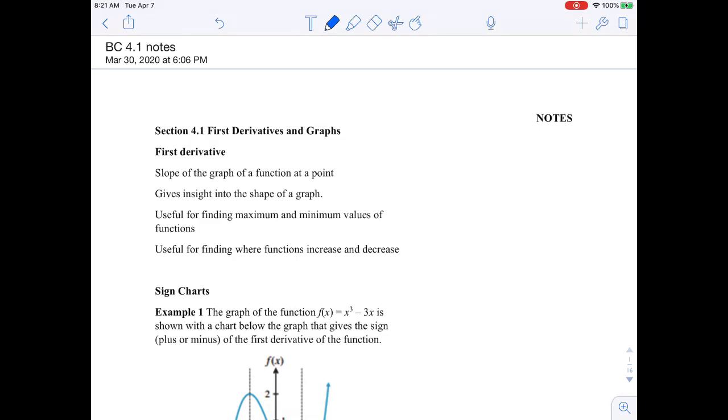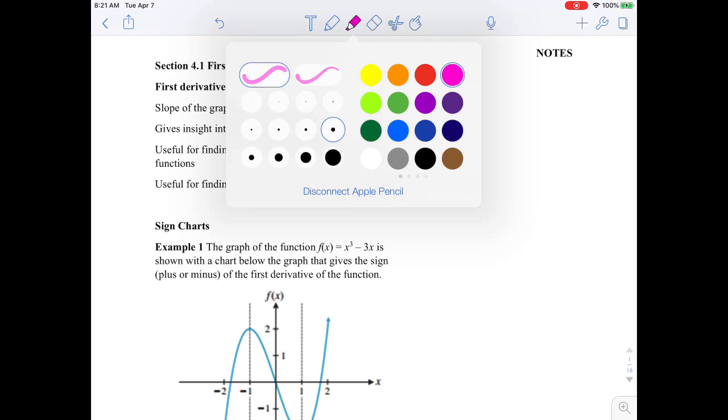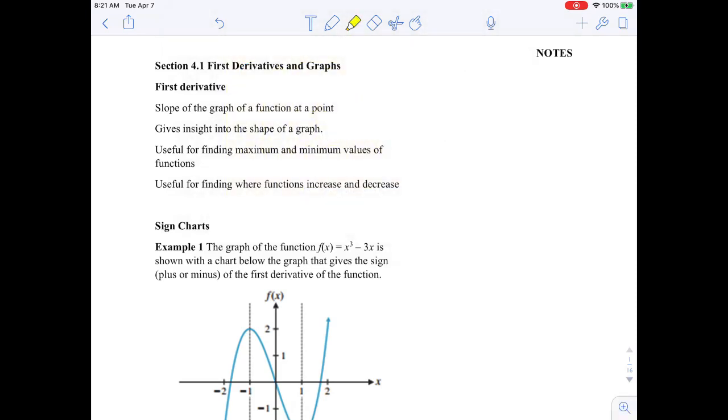Section 4.1, first derivatives and graphs. We are going to save all of our sketching for section 4.4, but you will see me doing some graphing, but none of your problems do I expect you to be able to graph until we get to the actual curve sketching part. First derivatives. First off, the first derivative can tell us